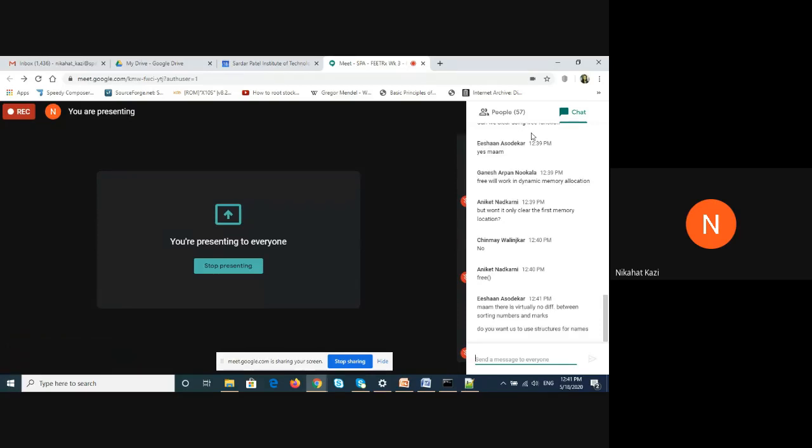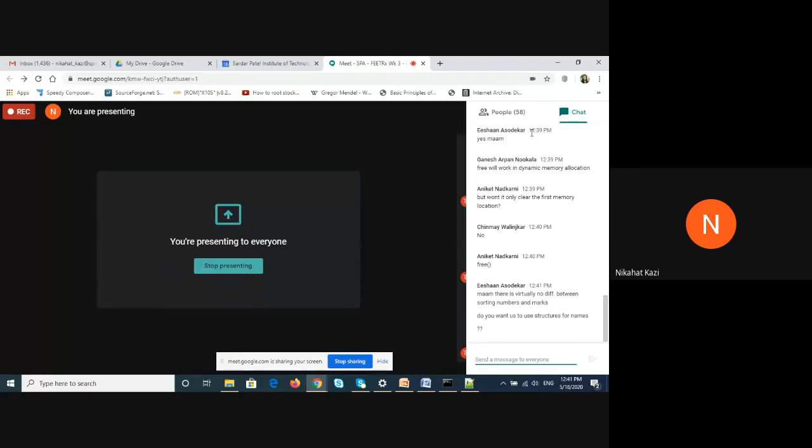There are special functions in the library stdlib.h. You have to actually use those functions to allocate memory. Then only you can use some other function, like free, which is used for deallocating the memory. So there are two parts.